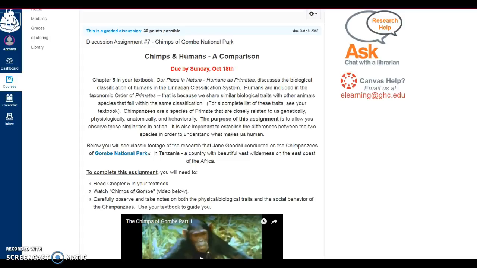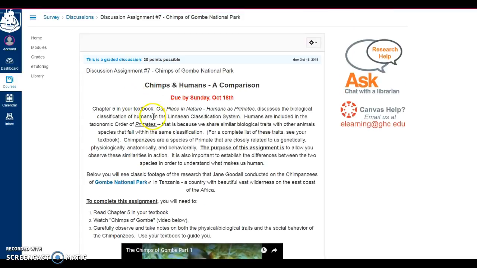and then to identify physical, biological, and then social similarities and differences between chimpanzees and modern humans. And I usually work my assignments in 4 parts, and I will talk about those 4 parts in just a second here. The first part is the purpose of the assignment, so the purpose statement, and the purpose statement usually directly references the outcomes, either the course outcomes and or the module unit outcomes